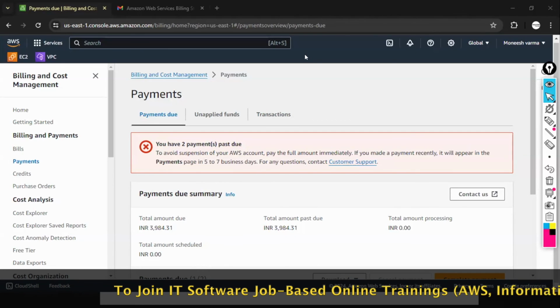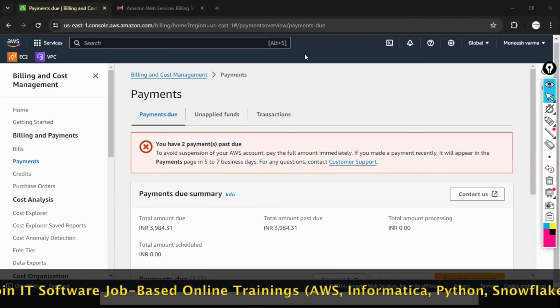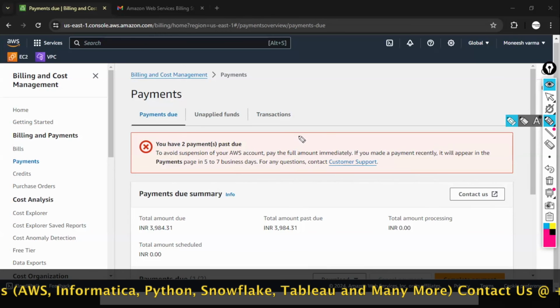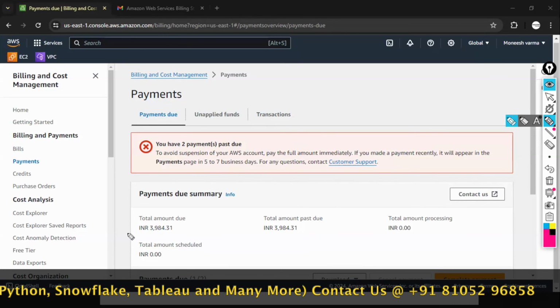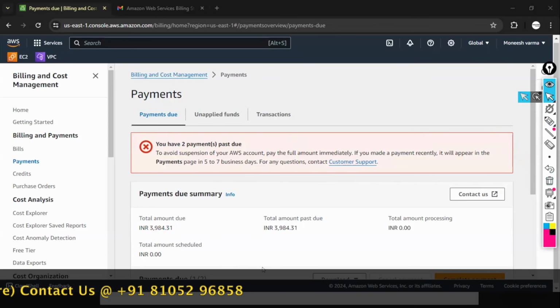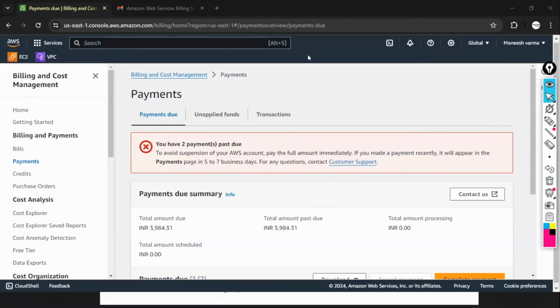Next, for example, you did something billing related. Actually, you didn't use anything, but still you are getting a 3,900 something bill. Now you want to ask customer support. You want to contact them, just like in Amazon or Flipkart or Myntra. You ordered something, but they delivered something else. What will you do? You can't reach them directly offline. You can't go to their store. So you contact customer support.